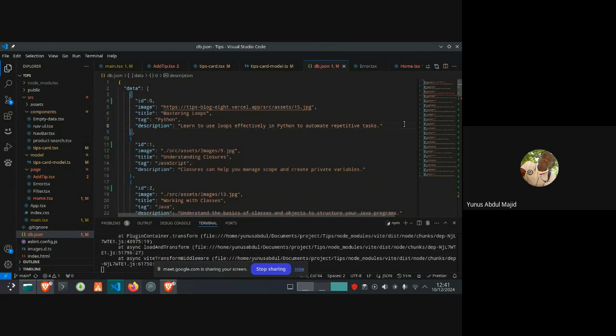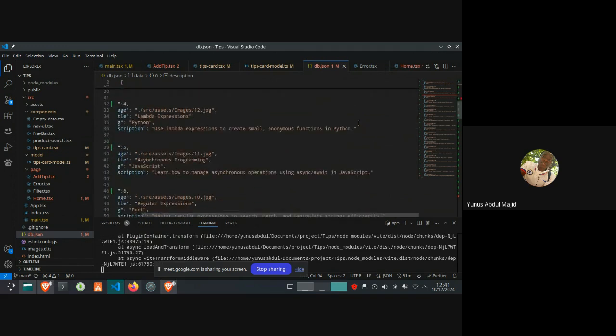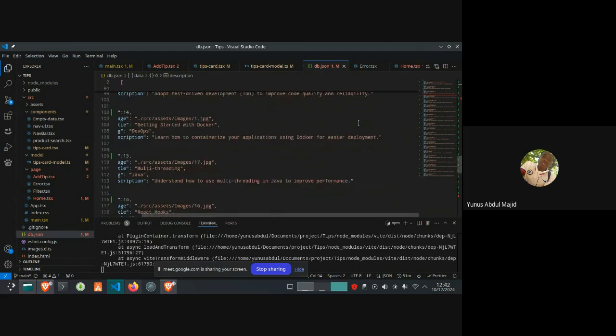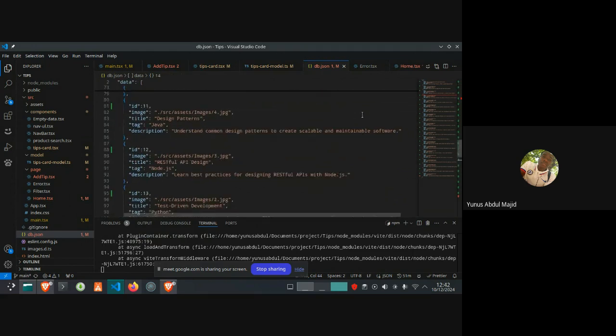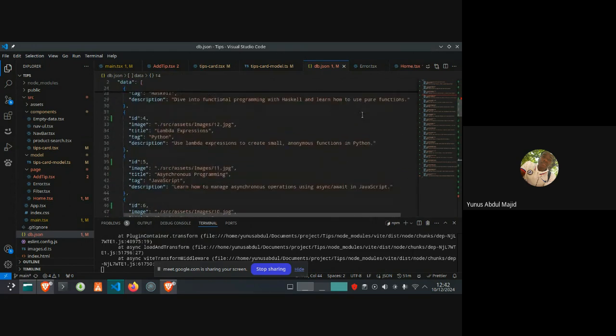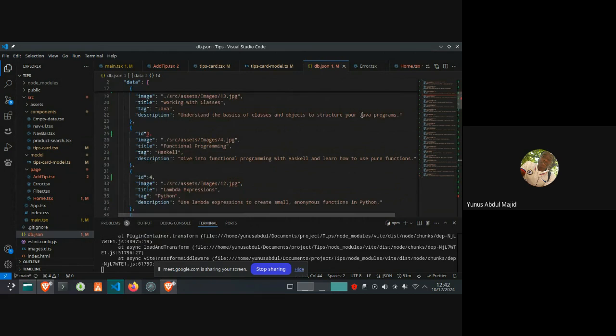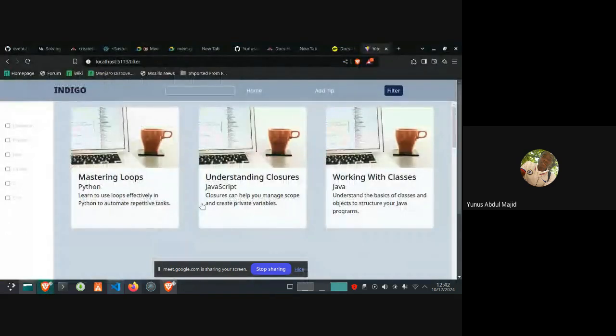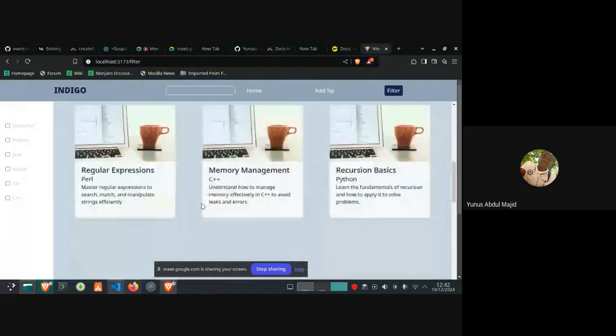Oh, the error is supposed to be gone by now. One more error. Yeah, so let's check our code. Yeah, it's working as expected.